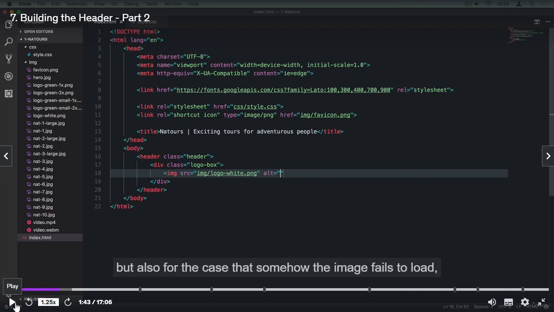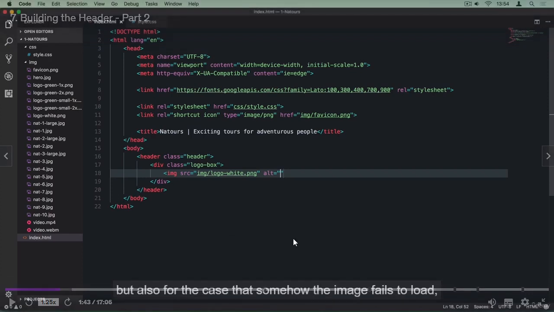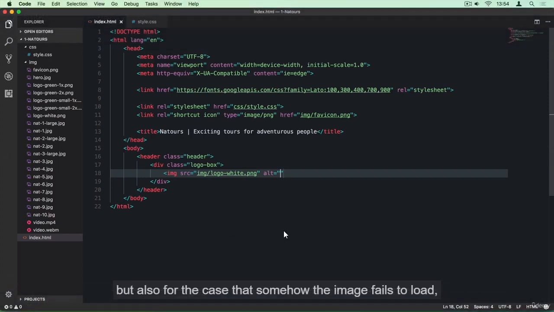देखो जब भी आप किसी को कोई वेबसाइट बना के दोगे, अगर आपने इन चीज़ों का ख्याल नहीं रखा और उसका एसईओ चला ही नहीं, उसकी वेबसाइट रैंक ही नहीं हुई, तो वो आपको पैसे नहीं देगा, उल्टा आपसे पैसे ले लेगा। ये बता रहा हूँ, ठीक है। अगर आपने ऑल्ट छोड़ दिया, इमेज तो हमेशा आएगी, आप ये सोच के छोड़ दो। लेकिन ऑल्ट दो कामों के लिए होता है: या तो इमेज लोड नहीं हुई, या फिर इमेज की जो भी चीज़ें आप ऑल्ट में रख रहे हो, फॉर एग्जाम्पल ये लोगो वाइट है, आपने यहाँ पे लोगो लिख दिया, तो सर्च इंजन ऑप्टिमाइजेशन या गूगल को पता चल जाएगा ये क्या है, लोगो है।